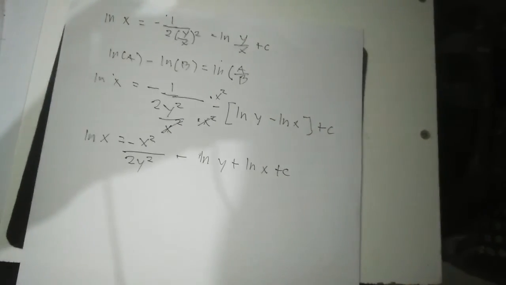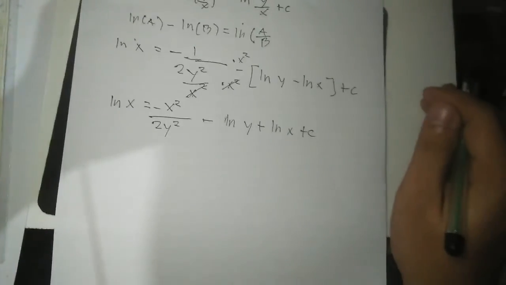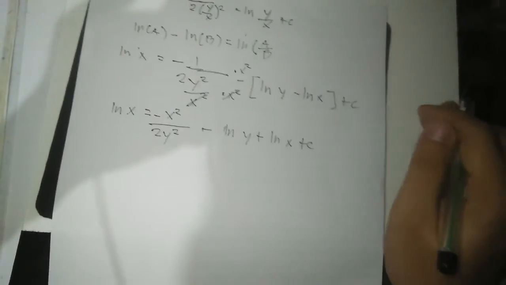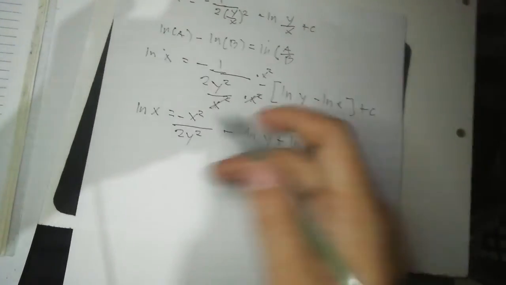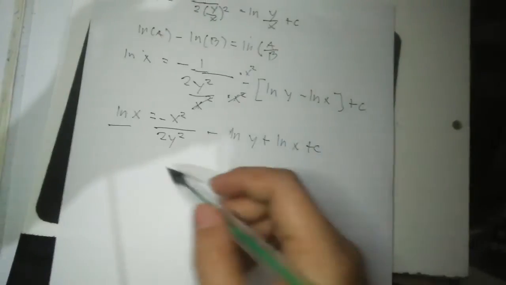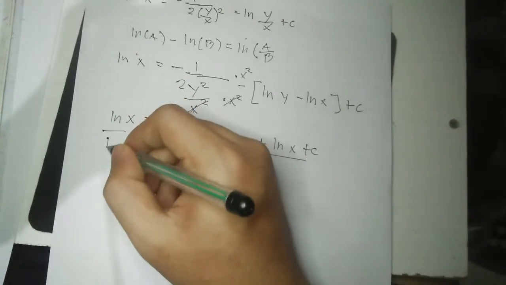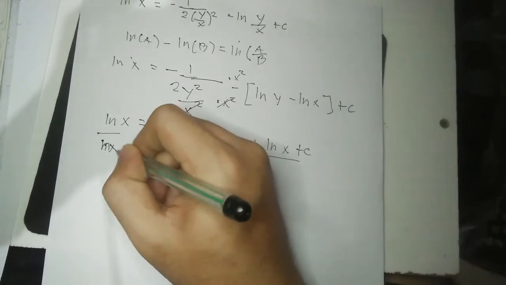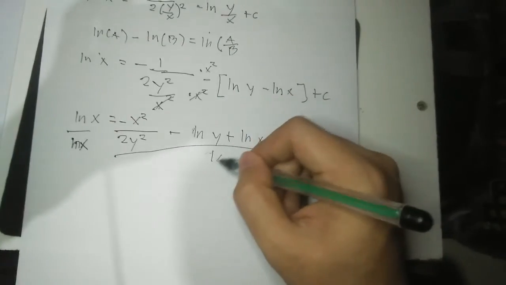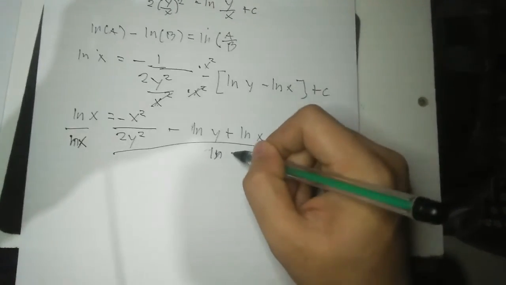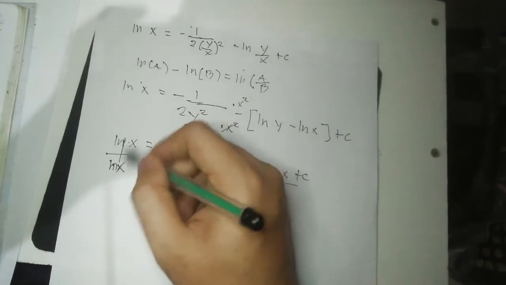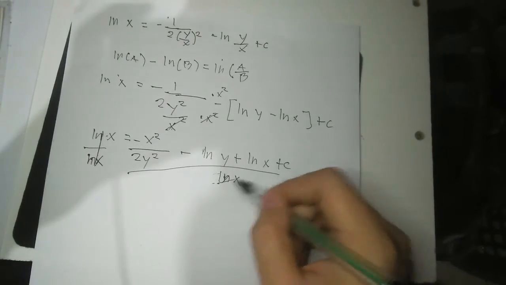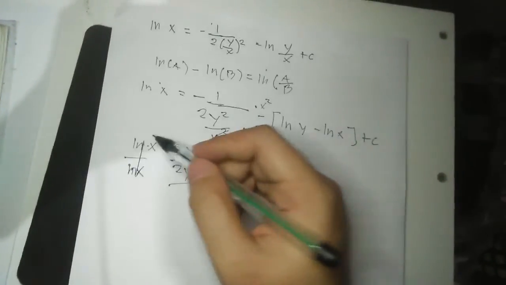Now, as you can see, we can remove the ln x. To do that, we need to divide both sides. So this will be cancelled, and here and here. So it left us with